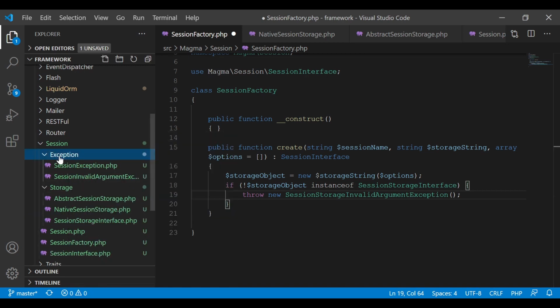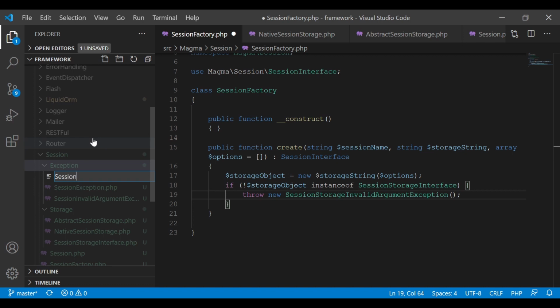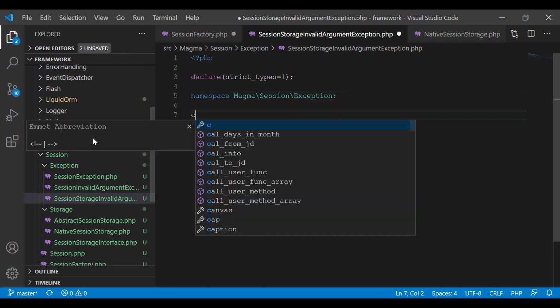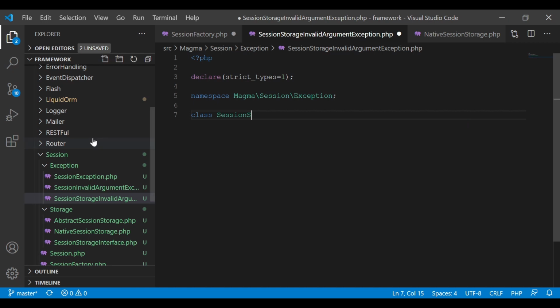Put that in here. It's going to be session storage invalid argument exception.php, and let's just quickly create this. It'll be declare strict types, namespace Magma, Session, and now we're in that exception directory. And say class, and say session storage